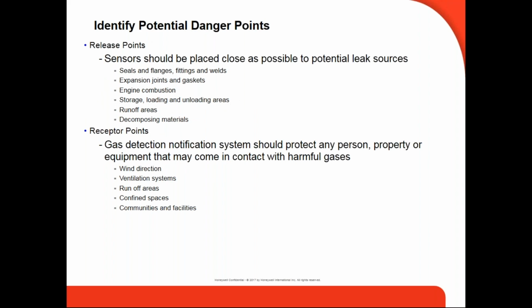So we're going to identify the potential danger points. First and foremost are the release points. Where are the potential leak sources going to come from? Seals, flanges, fittings, welds, expansion joints, and gaskets, engine combustion, storage, loading and unloading areas, runoff areas, and even